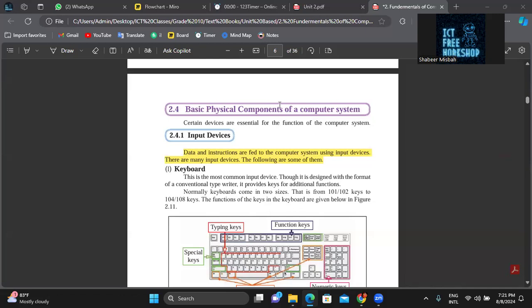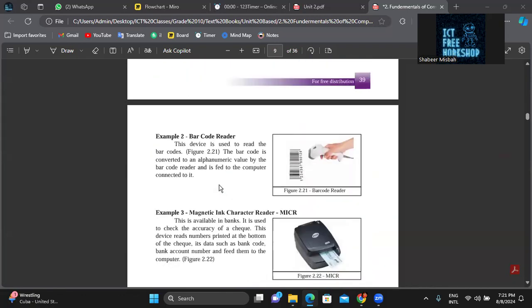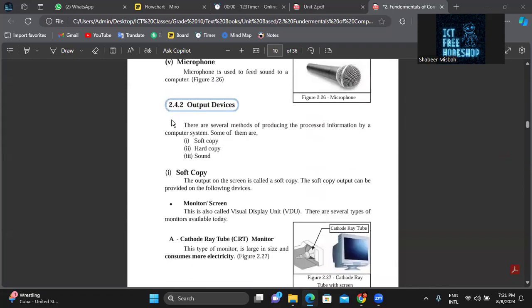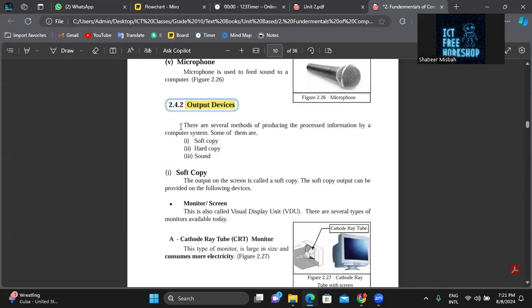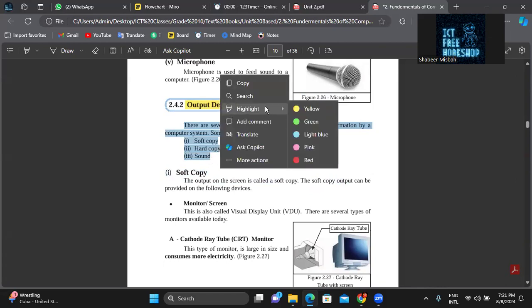I guess you wrote down this part about the input devices. We'll continue. So there we discussed input devices. Now you must write down the topic output devices. Just like you wrote the input devices part, write down this part, output devices, and write down there are several methods of producing information by output devices: soft copy, hard copy, and